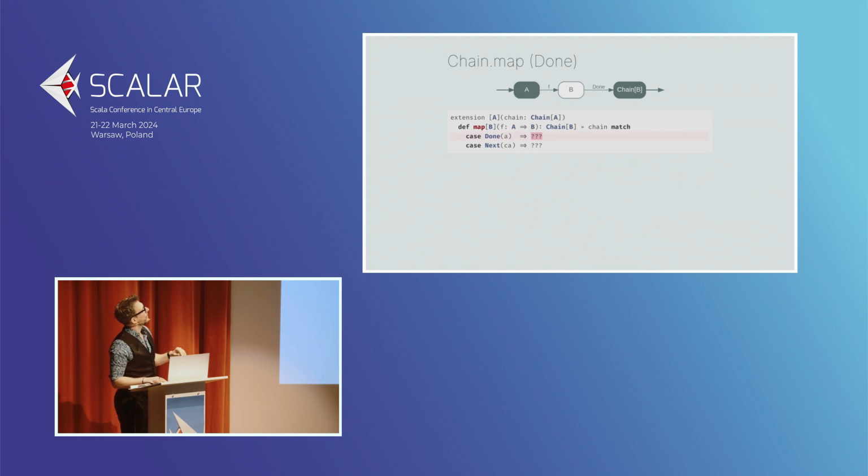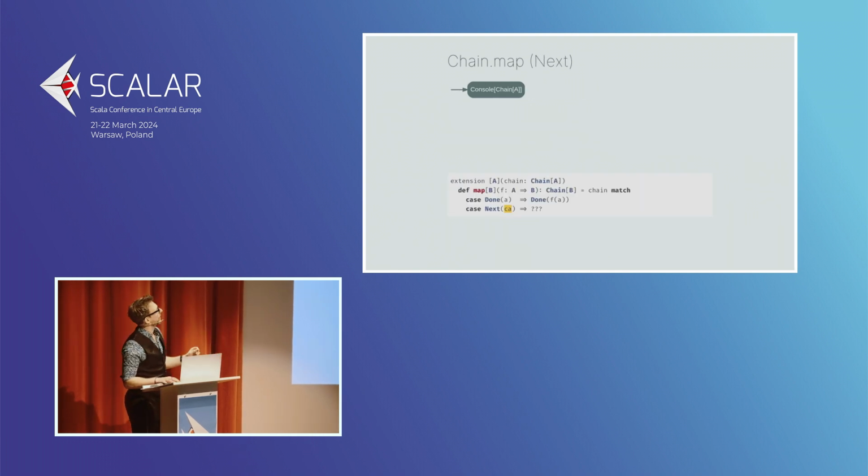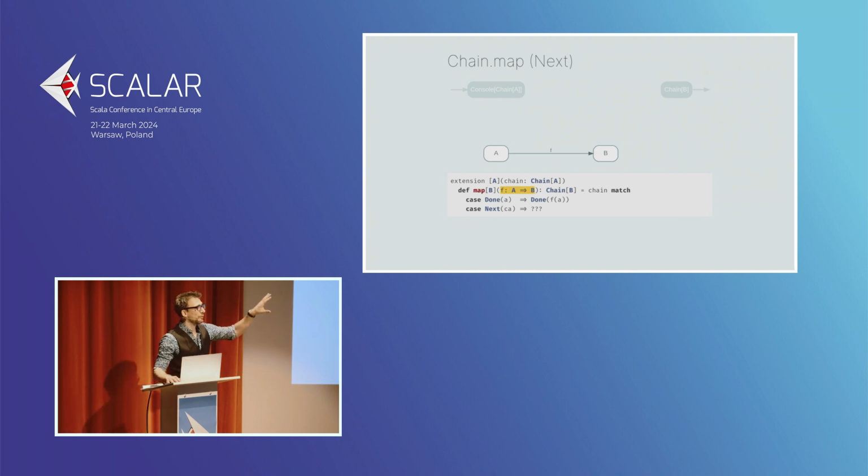Now, fix the code. The whole screen is going to move because the next diagram is going to be massive. So the code is going to go a lot lower. It's not changing, so I'm not cheating here. But there we go, leaving myself a lot of room. We have a cons of chain of A, we want to get to a chain of B, and we have a function from A to B. This being a recursive problem, it's probably going to have a recursive solution.